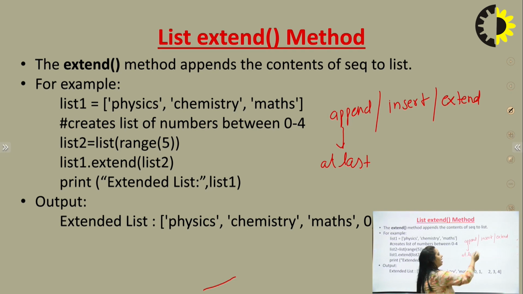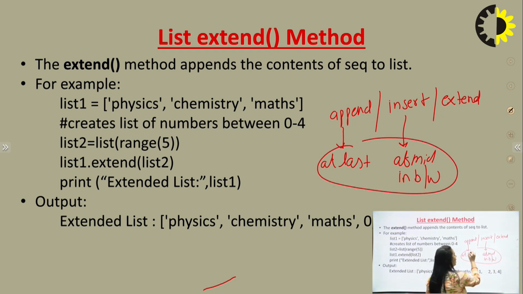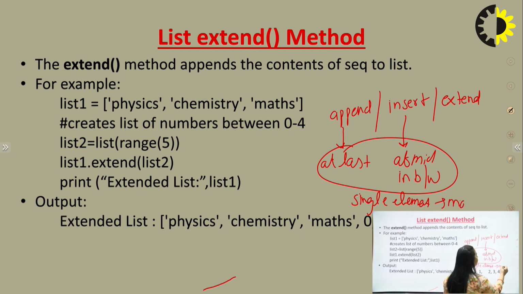If I want to add in the middle, in between the existing list, then we have to use the insert method. With the help of these methods, we can add only a single value, a single item to the existing list. But if we want to add more than one element,